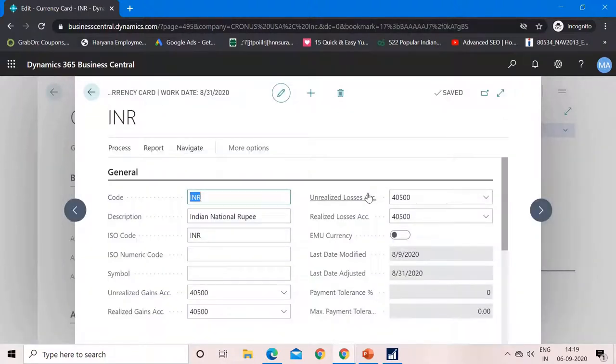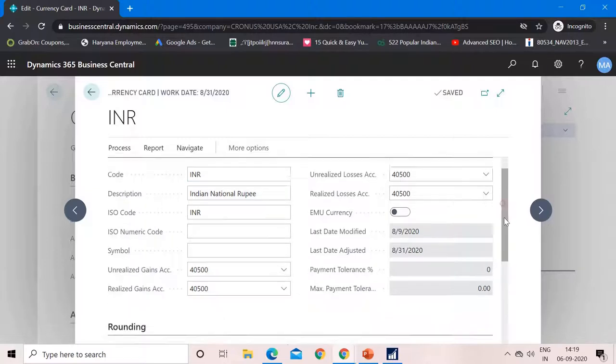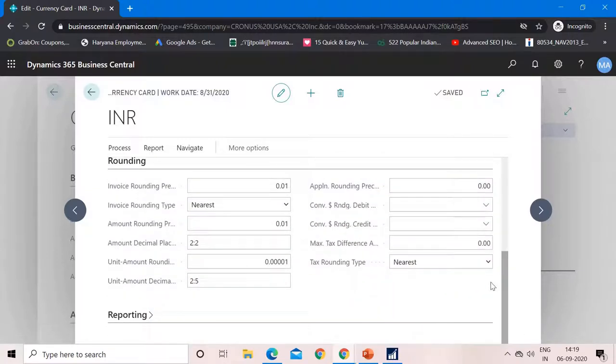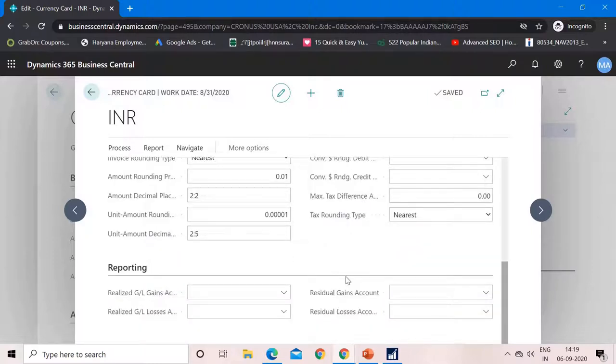Here in this INR currency card, because I'm going to use this currency as my additional reporting currency, I must provide the GL accounts which I want to use for reporting, and mention those GL accounts here.